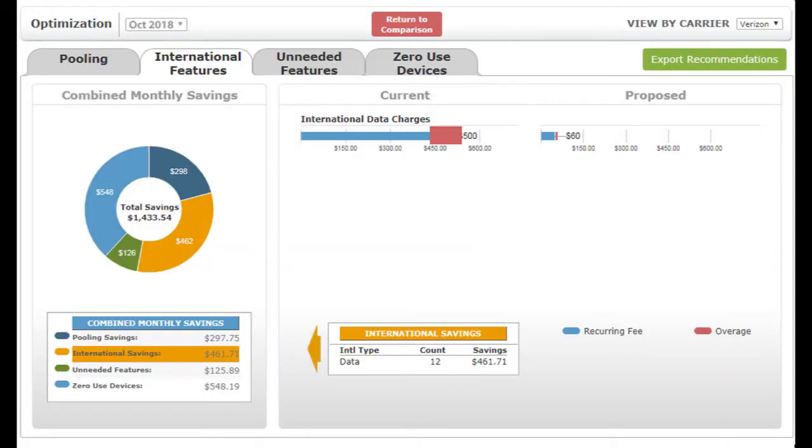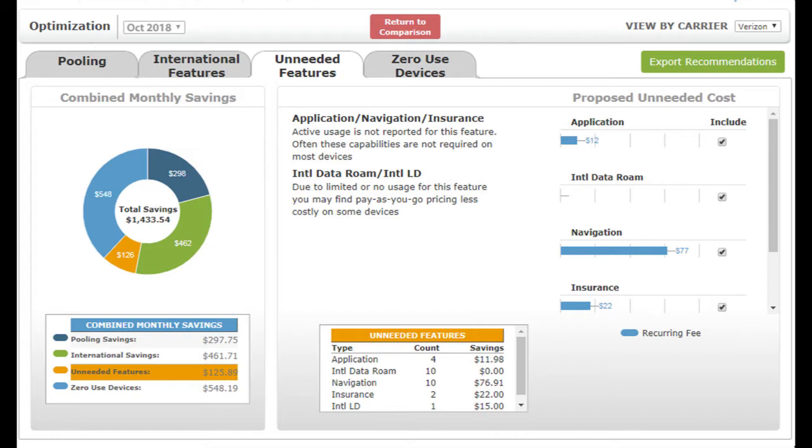International savings come from removing or reducing overage, shown in red, which may require a small increase in recurring fees, shown in blue. Savings may also come by reducing the recurring fees in instances where you're paying for quantities that a device isn't using. The Unneeded Feature tab displays potential savings that would come from removing features entirely from specific devices. By unchecking the Include button on the dashboard, you can remove a feature category and its resulting savings from the